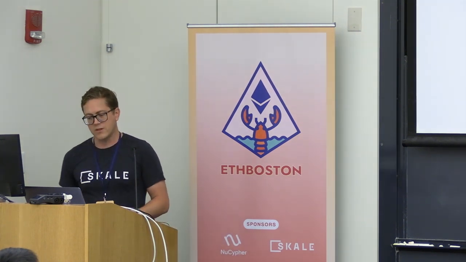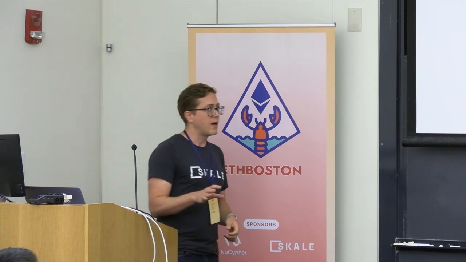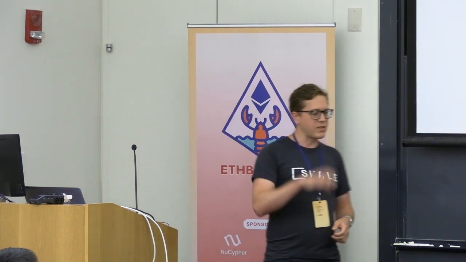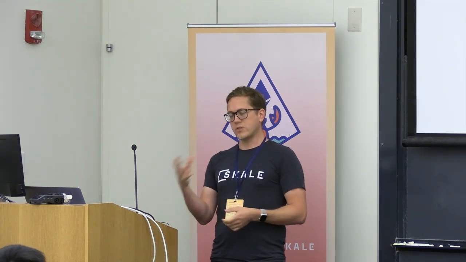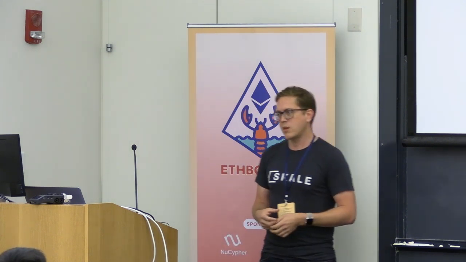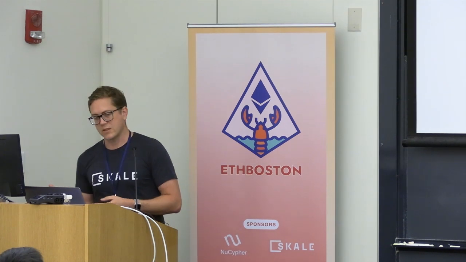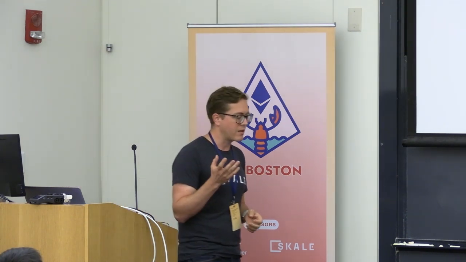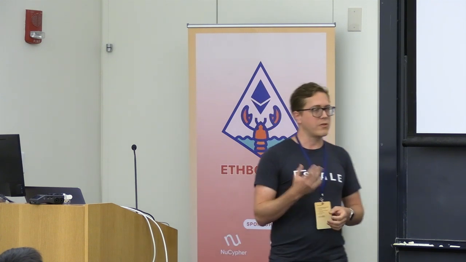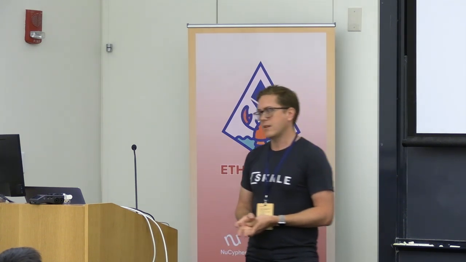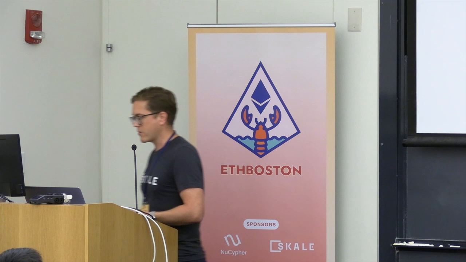So when you select a SKALE chain, you're basically interacting with the SKALE manager system, an Ethereum contract. And you're requesting this SKALE sidechain, and the manager selects a subset of nodes at random. We set it at the default of 16 nodes. So 16 nodes will supply your production-ready SKALE sidechain. Those nodes are selected at random, and they provide all the computing power that you need for your network.